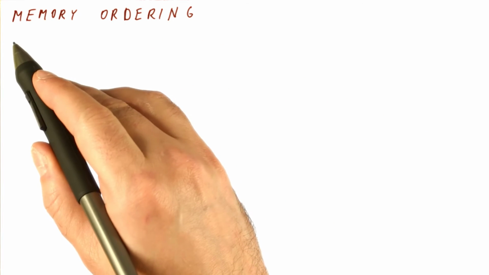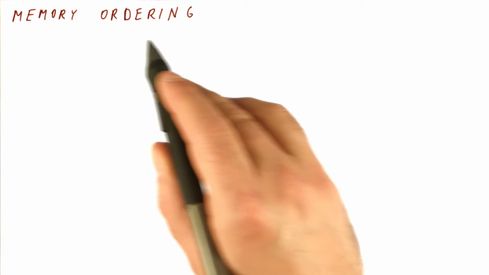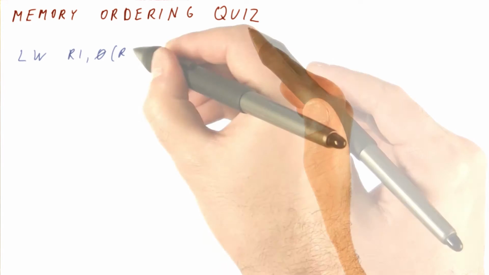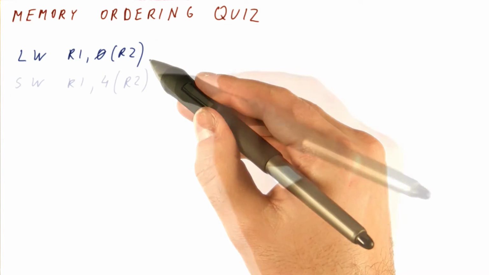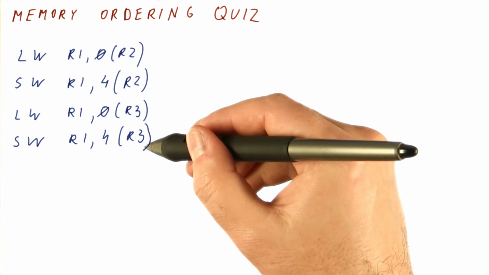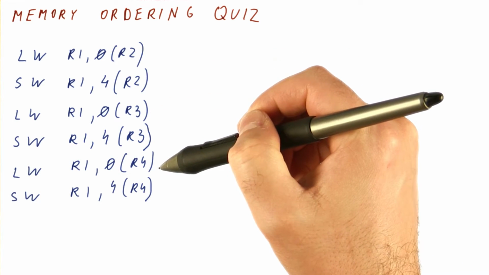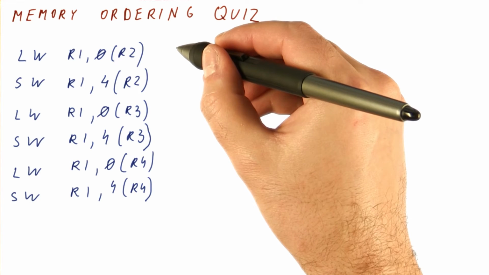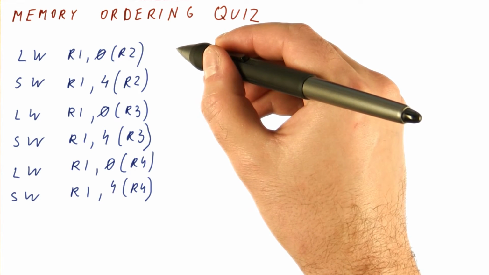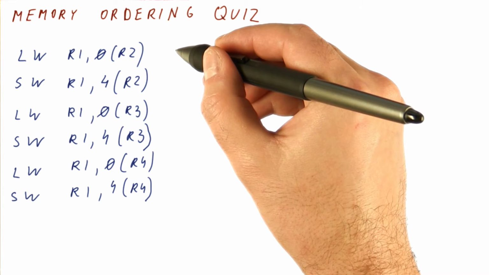So now that we have seen an example of memory ordering, let's do a memory ordering quiz. Let's say we have a load, a store, another pair of load and store. Let's say that all of the loads are cache misses. So what happens is in cycle 1, we begin executing this load and send it to memory, and it's going